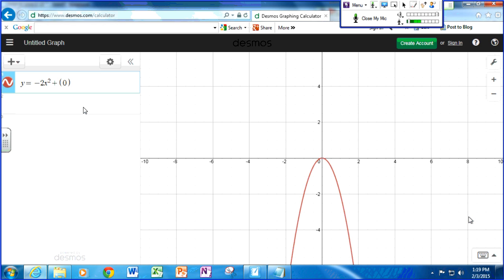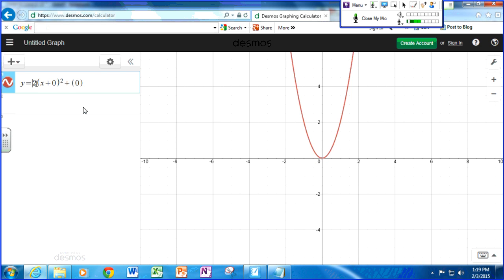But it's still, the vertex of this parabola is still at 0, 0. Sorry. And that's because the h is right now 0 and the k is 0. If I put it in standard form, maybe it'll be a little clearer here. We don't normally write things like this, but you see the zeros don't really change anything, right? So if I change that to positive 2, then it'll flip back over.